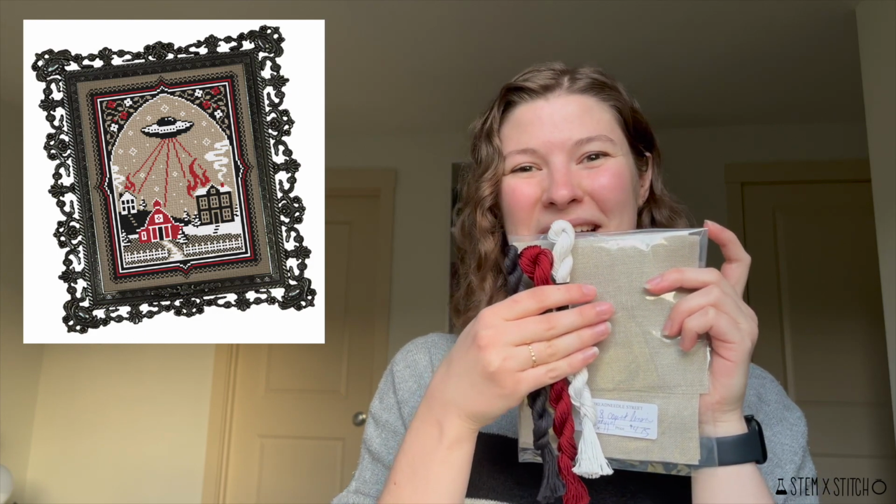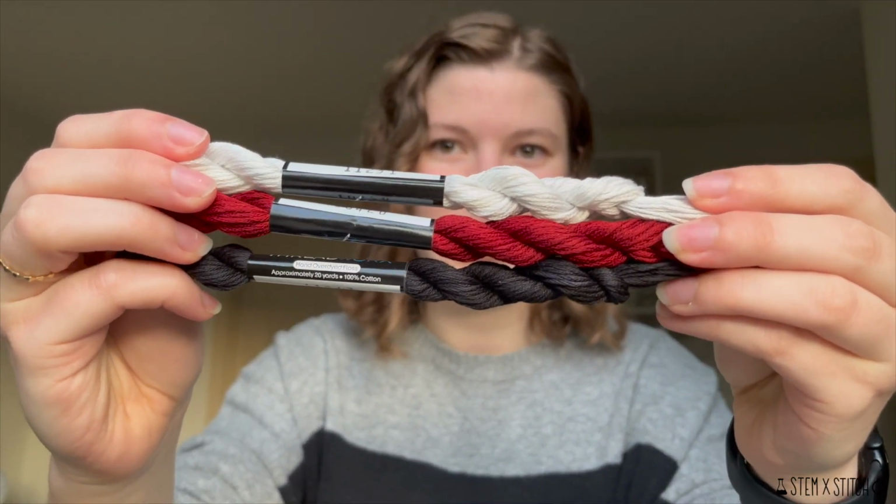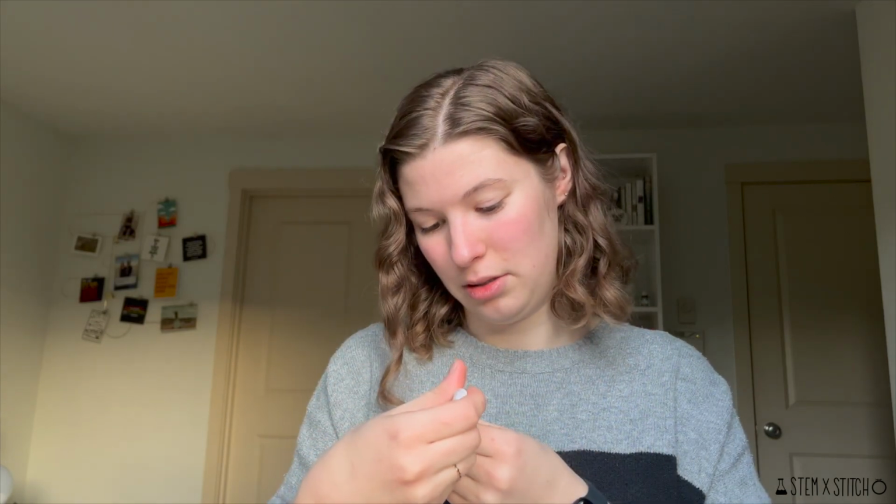So this is what I'm using. That is the mock-up stitch, and I just wanted some flosses for this that had a little bit more variegation in them than just DMC. I've never used Threadworks before, so I'm excited to try it. These skeins are massive. They're 20-yard skeins, so there's no way I'm going to use all of that for this because I'm going to stitch it